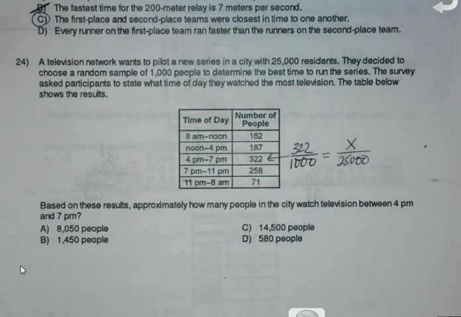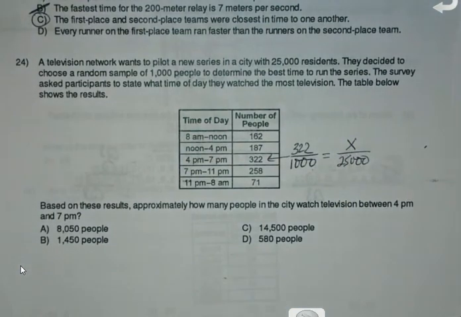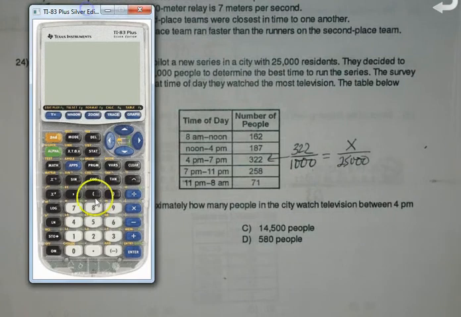And that's how I'm going to figure out how many people are here. So, let me get the calculator out of the way over to here. I can do this one of two ways. I can either do 322 divided by 1,000 and then times it by the number of people,